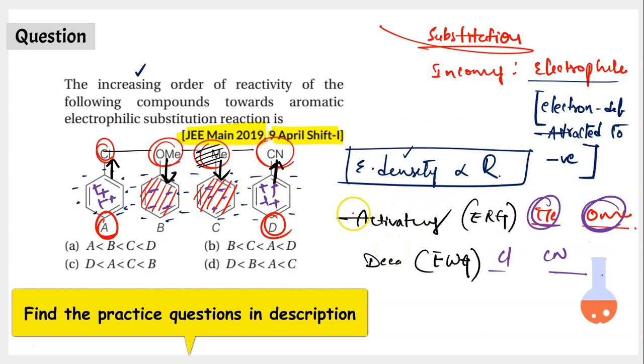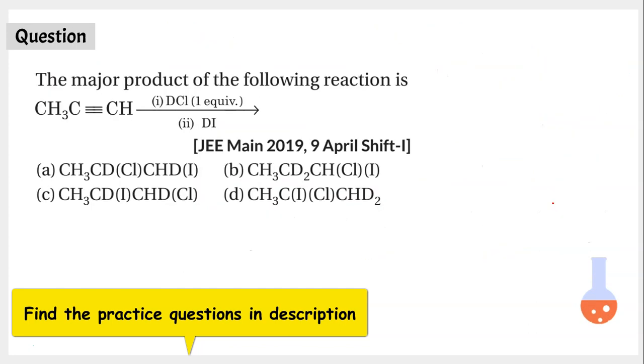This question is in fact from the chapter haloalkanes and haloarenes, but to answer it, you had to apply a lot of general organic chemistry knowledge, right? That's why general organic chemistry is very important to study entire organic chemistry. It is like the fundamental or basic of organic chemistry. If you're strong with GOC, you will be able to answer a lot of questions from organic chemistry, all right? So now let's move on to the next question.